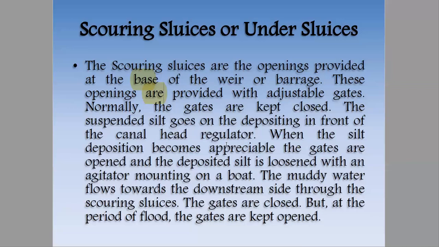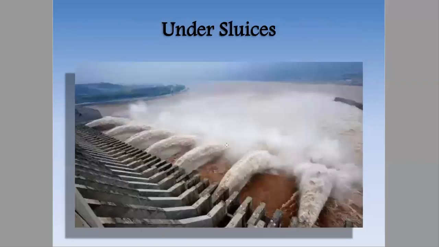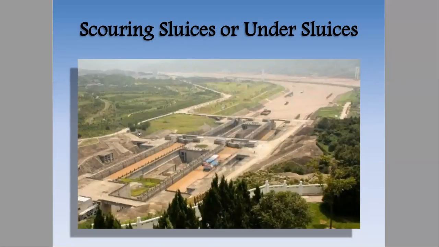Okay, so in case of flood, to control the structure, or to avoid the failure of structure, we keep them open. Here you can see this is our under sluices. This is our under sluices. The water is discharged through this, you can clearly see, and this will clear the silt deposited there. Okay, now after scouring, you can see the downstream side. It is muddy water all there.